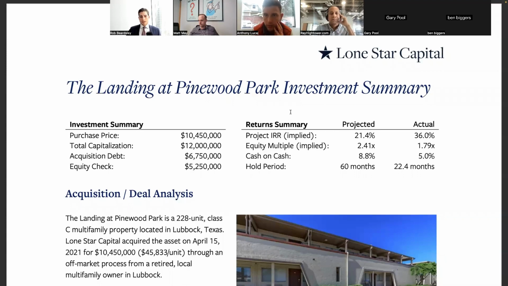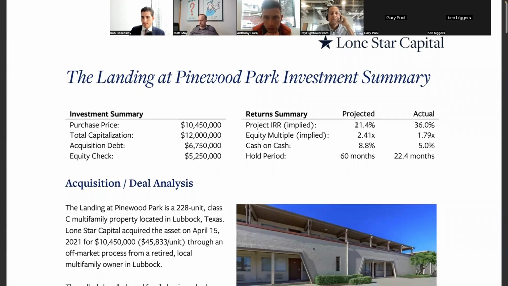Okay. So we projected over a 5-year period, as you can see here. The reality with a short hold period of 22.4 months is it's going to inflate IRR, because obviously, with the time value of money, you get a bigger IRR over shorter periods of time. However, because it's only been 22.4 months, the implied equity multiple is less than the projected equity multiple over 5 years. Because of course, if you have 5 years of growth, 5 years of appreciation, you can expect a bigger